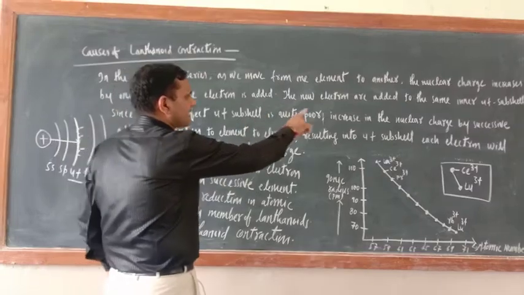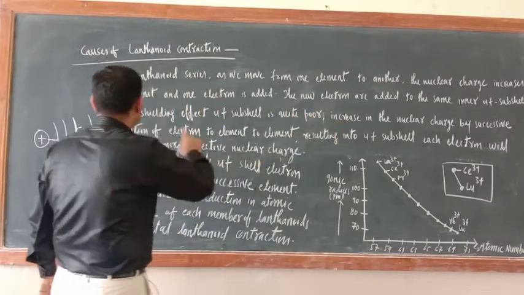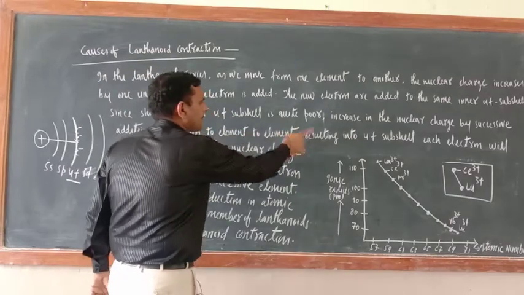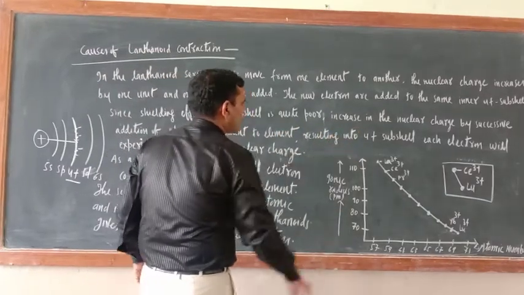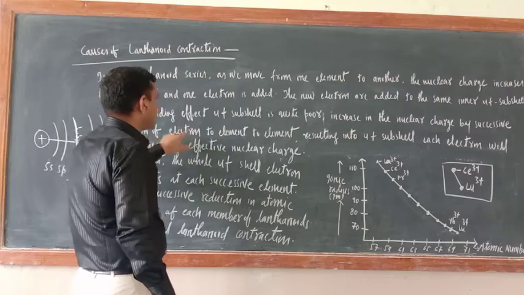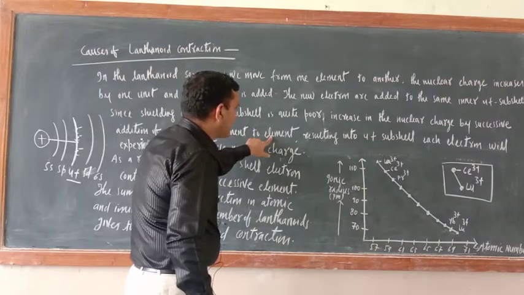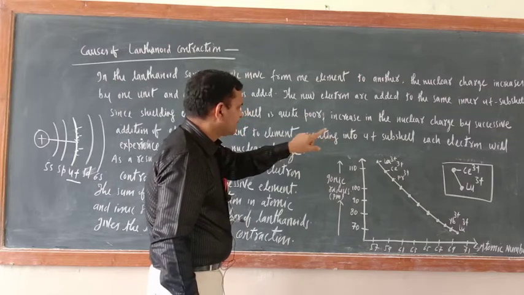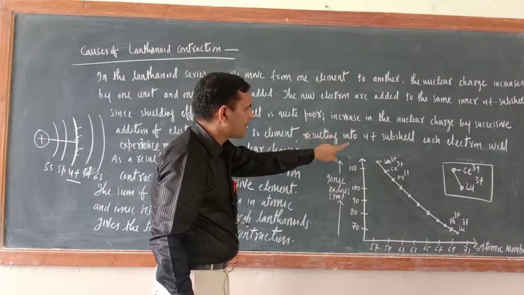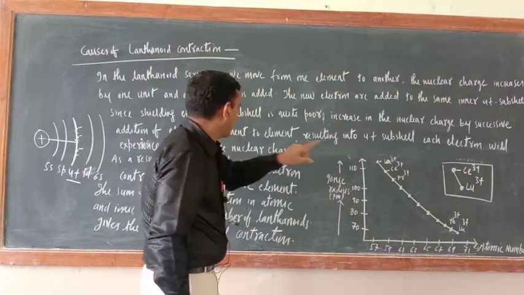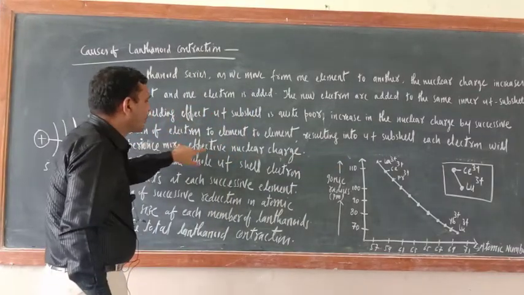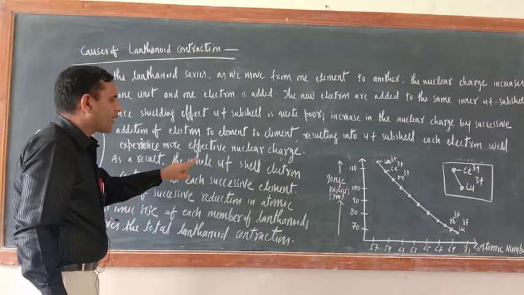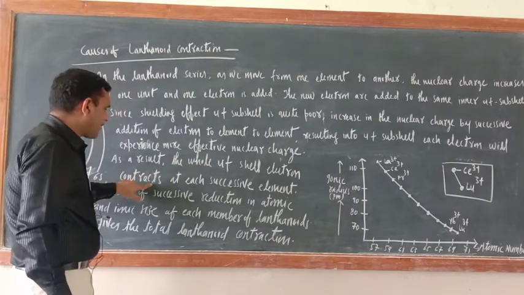The new electrons are added to the same inner 4f subshell. Since the shielding effect of 4f subshell is quite poor, the increase in nuclear charge by successive addition of electrons results in each electron in the 4f subshell experiencing more effective nuclear charge. As a result, the whole 4f shell electron contracts